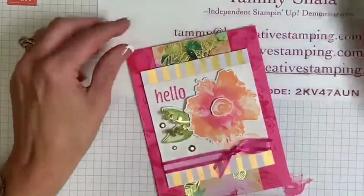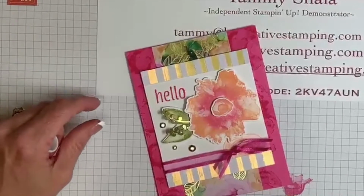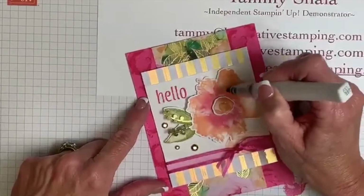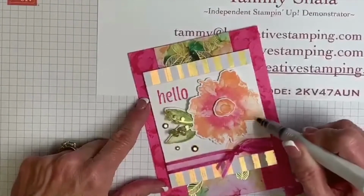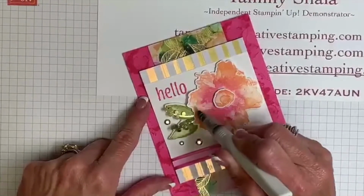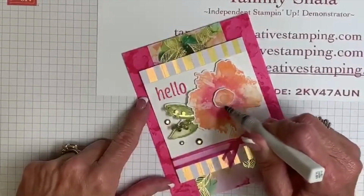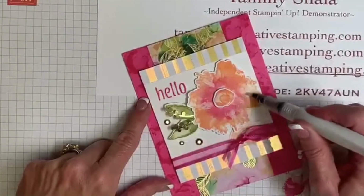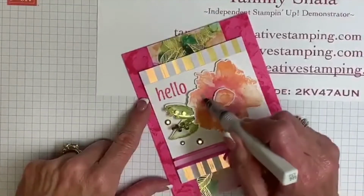Okay? And then I'm gonna take Wink of Stella. I know, Carol. I know, mine always end up flying across the room too. Oh gosh. All right, so I'm adding some Wink of Stella here, okay? I don't know how well you can see that, but I am starting to see a bit of glimmer. I'll definitely get that center. Let's see. You know, it may be that I'm running out. There's still some in there, but